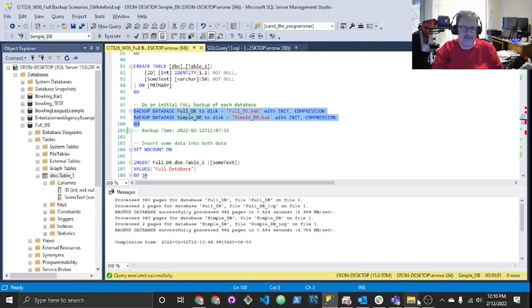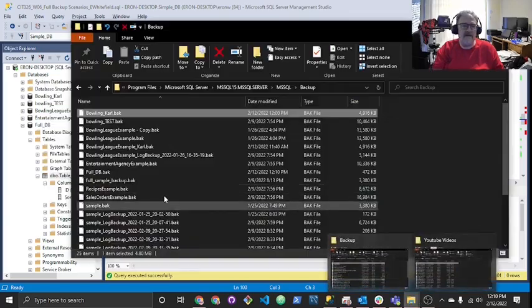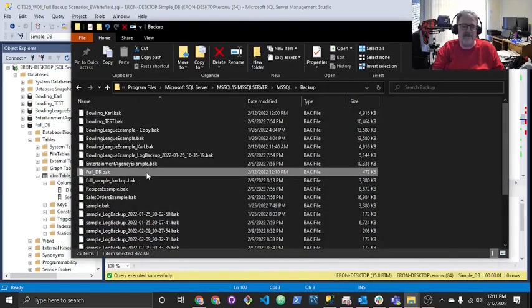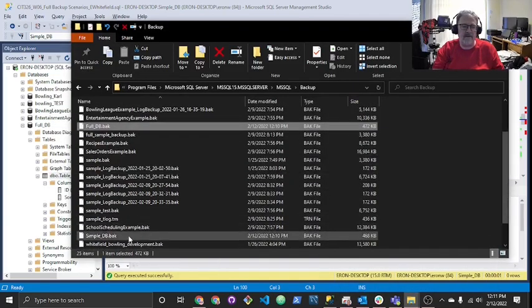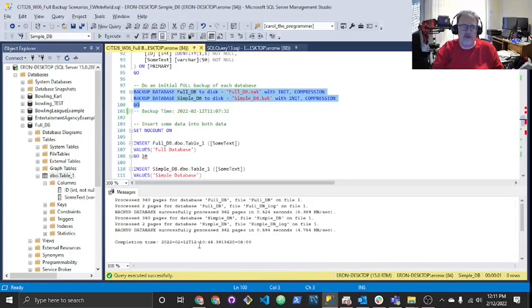And what you can see here is that we have the full database backup and the simple database backup. And we're going to record the time that we did that backup. This is something that I like to do to make sure that I always am aware of when I did something. And this is going to become important because one of the advantages to the full database over the